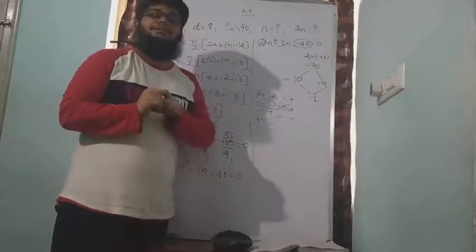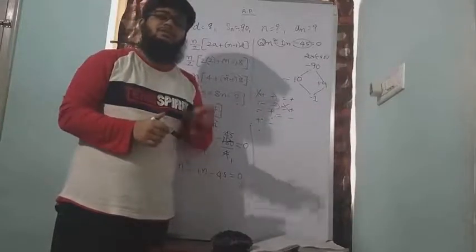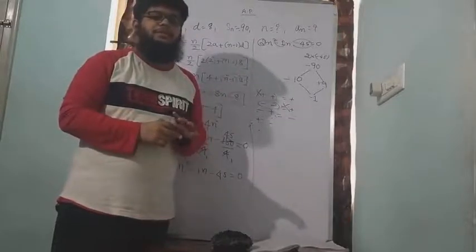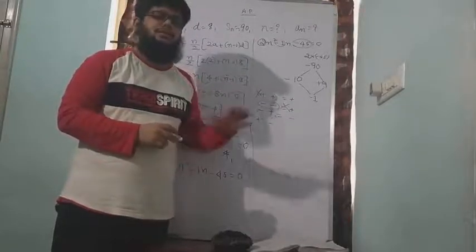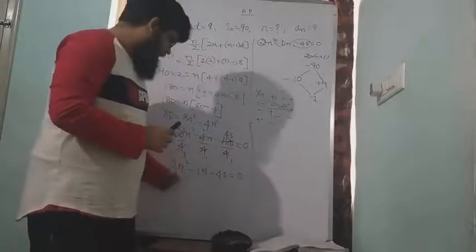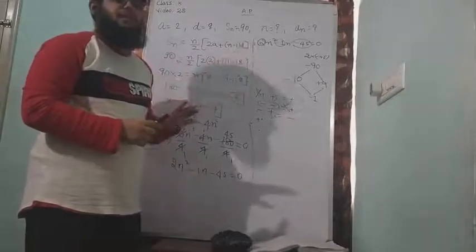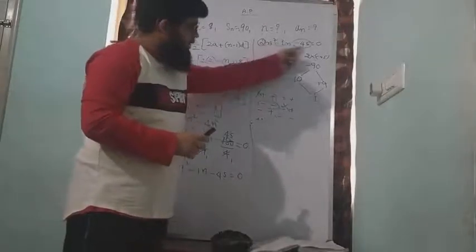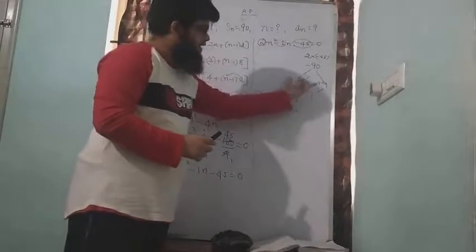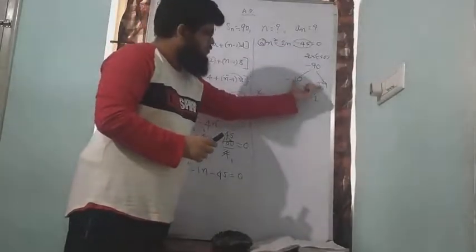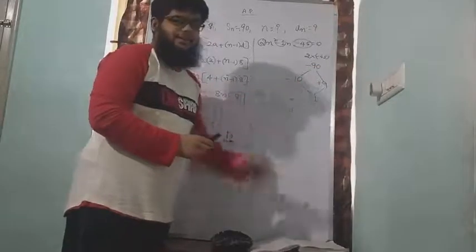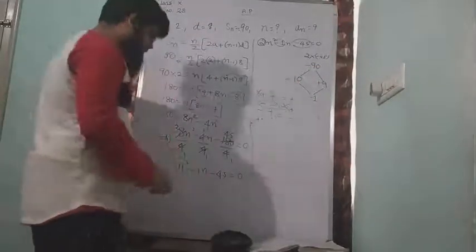Don't worry, we have one separate chapter called quadratic equation, in which all this will be explained in detail again. But for some problems of AP, you may require some knowledge of quadratic equations. So please try to remember this much, okay? I'll repeat, we write down the equation. Once you have written down the equation, we have to multiply the first value and the last value always along with the sign. Then write the middle value. Then find out 2 numbers. If you multiply those 2 numbers, you should get this value. If you add or subtract the same numbers, you should get this value. Okay, once this is completed,